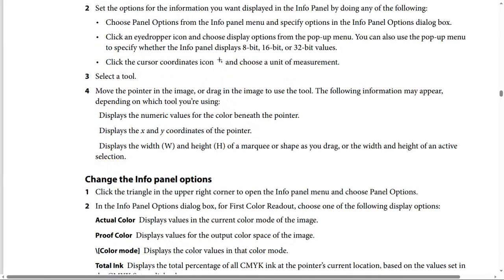How to change the info panel options? We have steps here. Click the triangle in the upper right corner to open the info panel menu, and then choose Panel Options. And number 2, in the Info Panel Options dialog box,